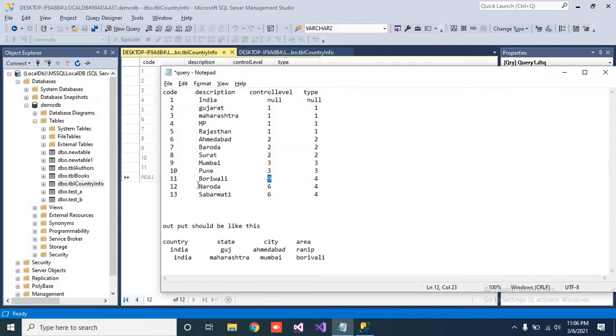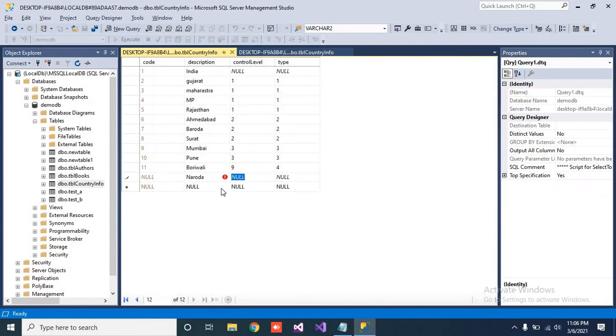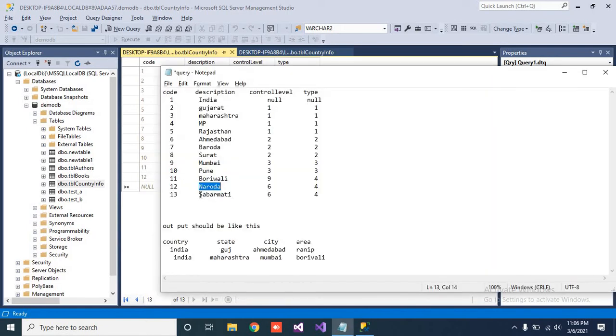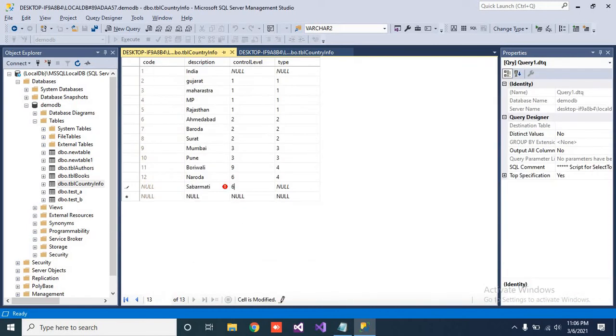And the next one is Naroda, which is a place or area we can say of Ahmedabad. So it will be 6 and 4. Next one is Sabarmati, so 6 and 4. So we have done the entries over here.